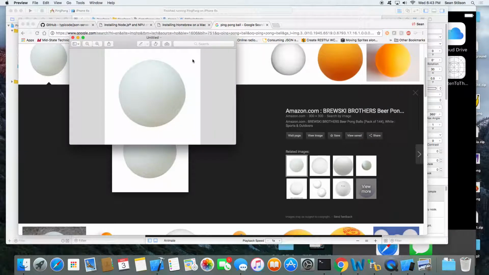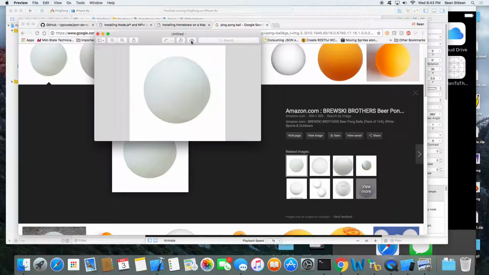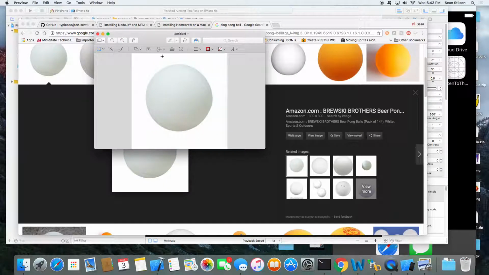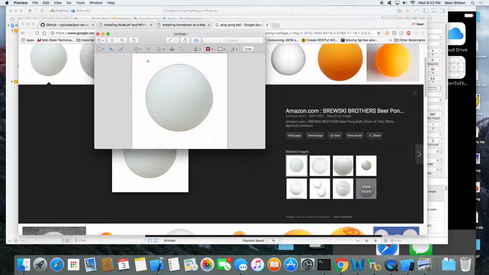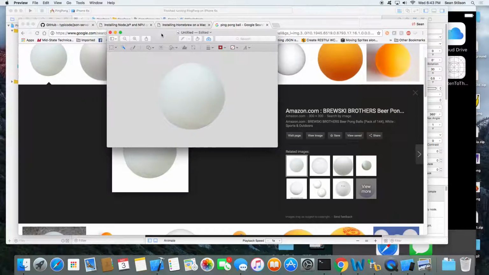No chasing balls. So anyway, now that you have it in preview, if you click on the toolbox guy, that brings up some handy features. One of them is the little wizard wand. This will allow you to select areas of the picture and set them to clear or remove them, so you can create a transparency. So I'm going to make sure I select up to my ball. It should highlight with the little marching ants around it, and then I hit delete, and that removes the background, so all I have is the actual ball itself.